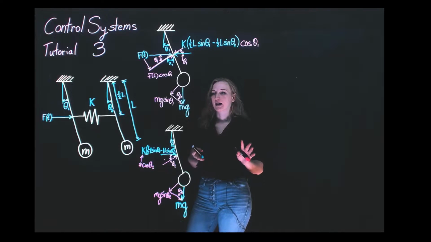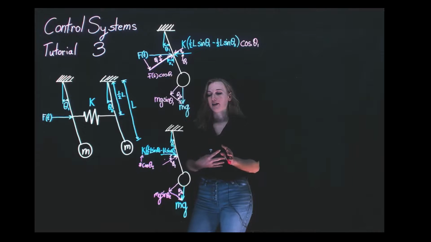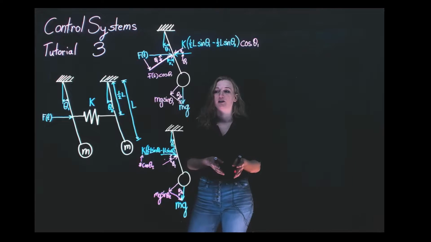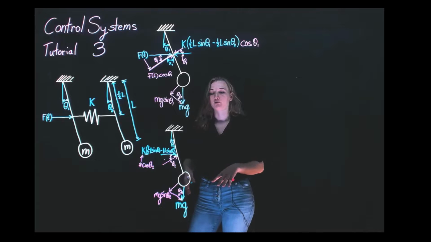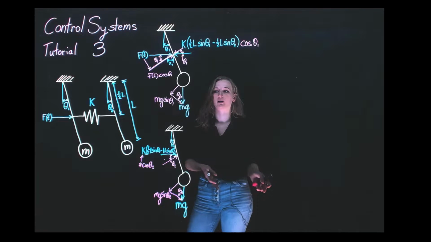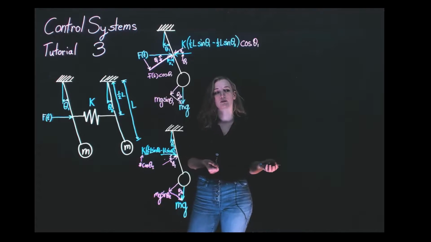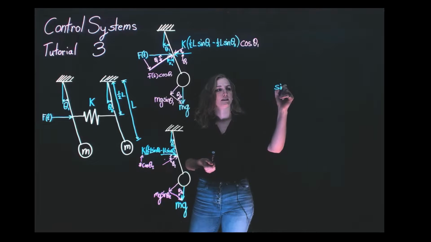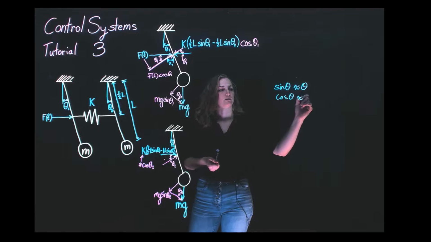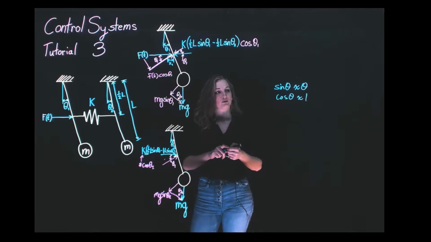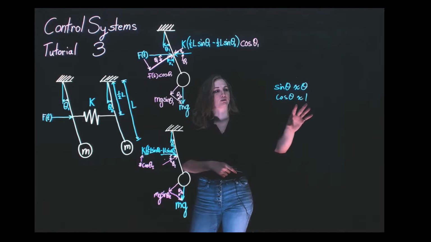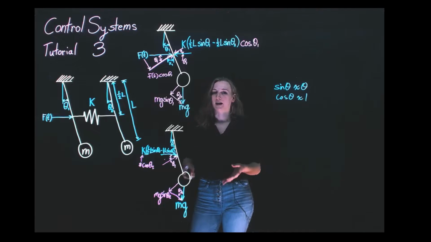These terms are getting kind of messy and very big, and we actually don't need them to be that way. So we're going to apply small angle theorem to hopefully simplify the terms a lot so that we can write things a lot more neatly. If we have a relatively small angle, or if we can assume we have a relatively small angle, we can say that sine theta is approximately equal to theta, and that cosine of theta is approximately equal to 1. So again, this only applies for small angles, but we're going to use this here because we can assume the